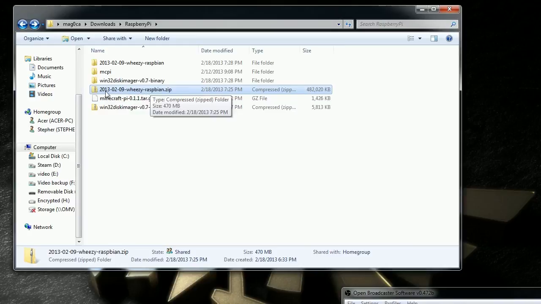This is the official operating system image for the Raspberry Pi. I think there are 4 or 5 different ones on the Raspberry Pi website. There's a whole bunch more out there. I've only played with 3. I've played with the Raspbian, and I've played with the Raspbian with the soft float, which allows for Java, which I may do a video on,